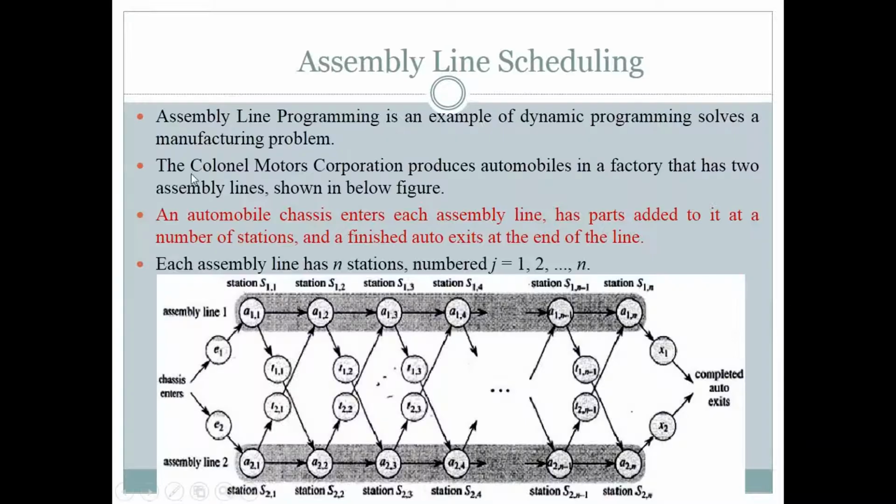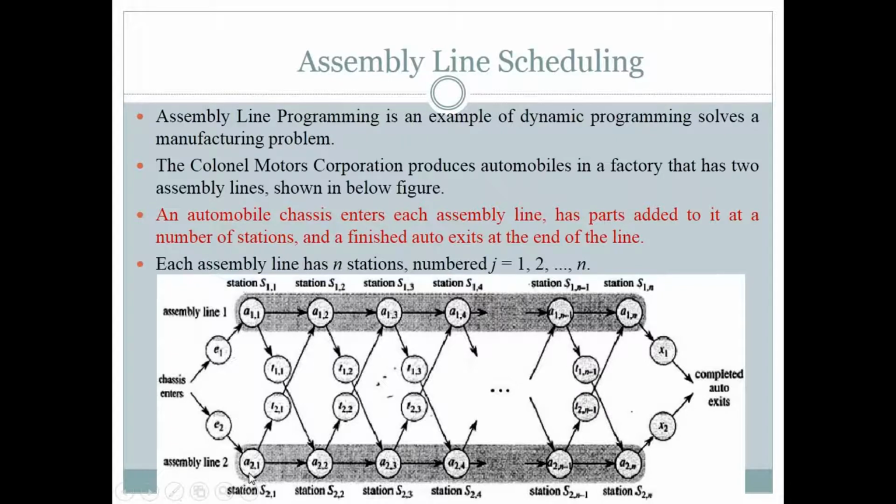For example, at station A11, our wheels will be added to our chassis. At station A12, our headlights will be added. At station A13, our steering will be added. At the last point we will have our complete automobile. Like assembly line 1, we have another assembly line 2.